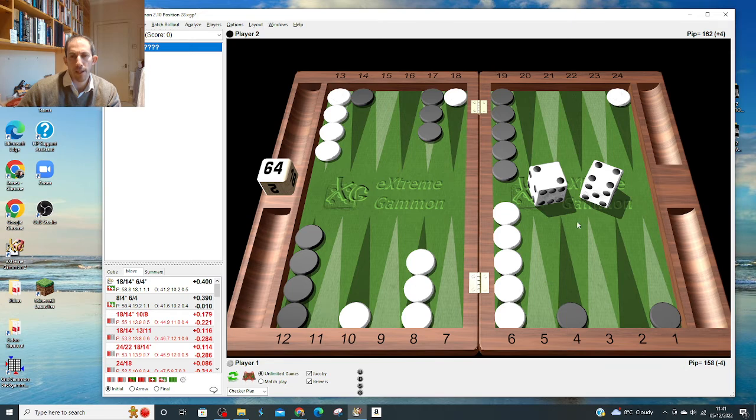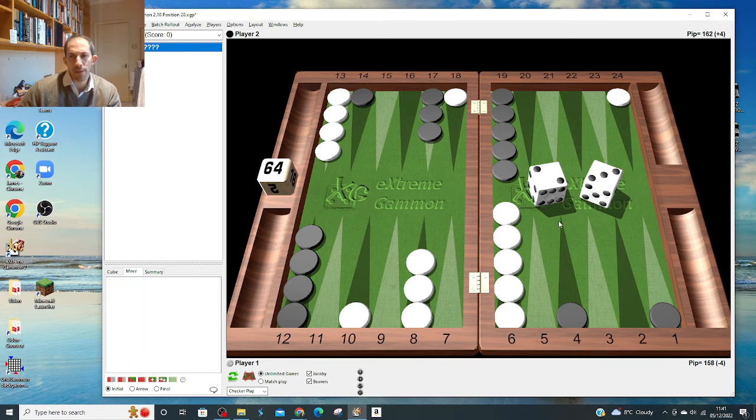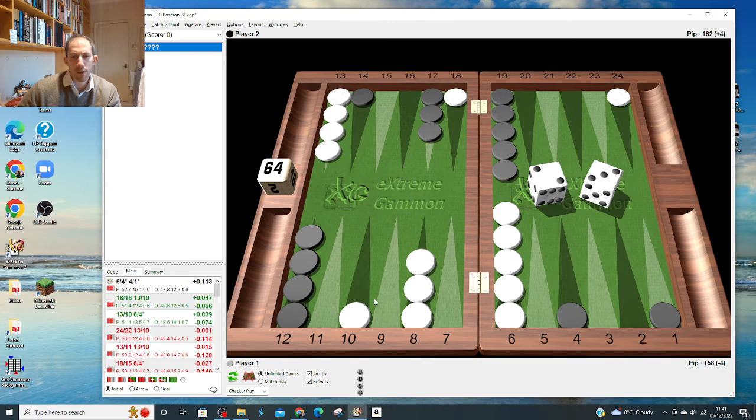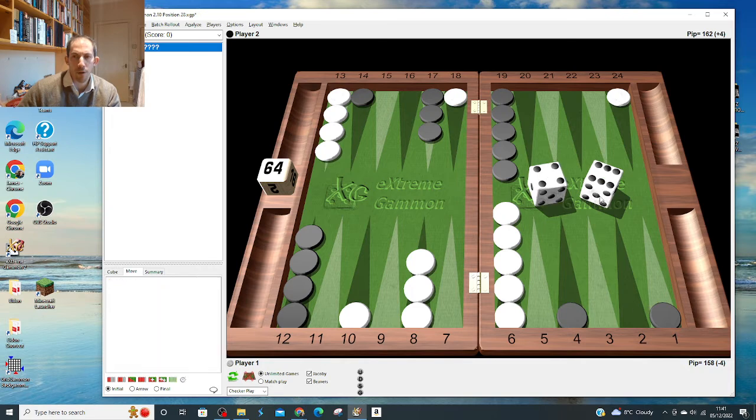By a fair bit. 3-2, massively right to double hit, rather than make the 10 and 4, which looks kind of natural. 2-1's pretty much the only one where we don't hit, where we just simply make the 10. The double 5 we've seen before, we can make the 3 and 1 point, and the double 4, obviously we hit and make the 4,